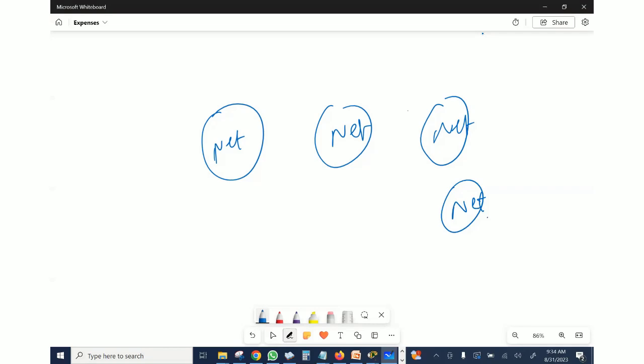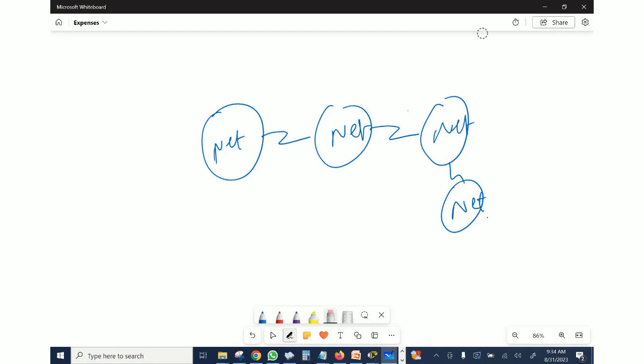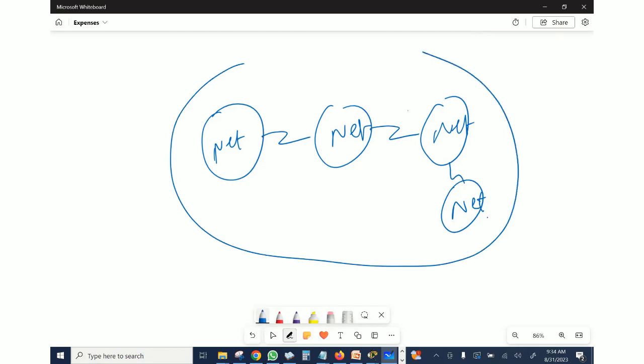So now, taking packets through different networks, that is what they mean by internetwork. This is an internetwork, for instance. I think this is even the basics of the internet. This is the basis of the internet. I'm revealing what is happening on the internet to you now. So internetwork means you have different networks connected together. Or the short form, internet. But let me not call it internet so that I will not confuse you.